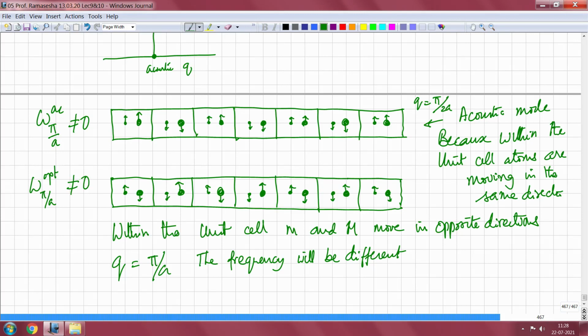I will stop at this point, and in the next lecture I will continue from here and show you the equivalence between 2 atoms per unit cell that we are looking at here in the chain, and the Peierls instability or the Peierls distortion that one comes across in the case of the hydrogen chain, where you alternately make the hydrogen distances short and long. It is very similar to that one, and I will show you how the two are actually equivalent, because the whole thing is dictated by the translational symmetry of the crystal.